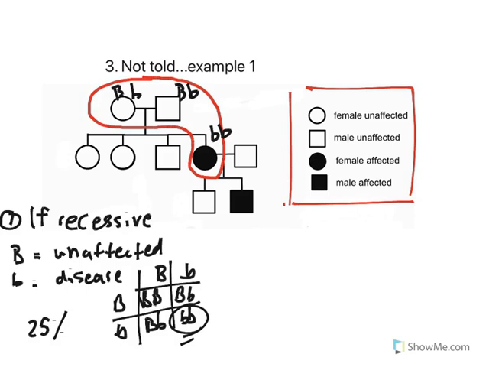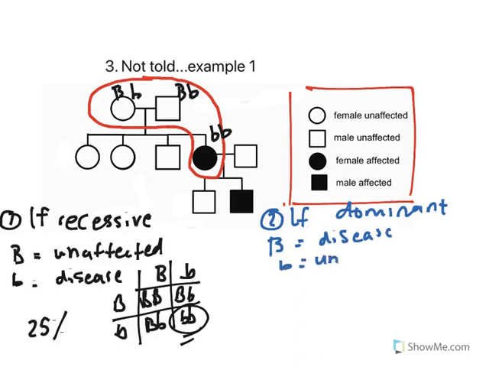Now, let's see if it's possible if it were dominant. So, scenario number 2, if dominant. Okay, so if it was dominant, big B would be disease, and little b would be unaffected. So if the parents are unaffected, which they are, we can see both parents are unaffected, their genotype would be two small b's. Now if we do the cross on that,